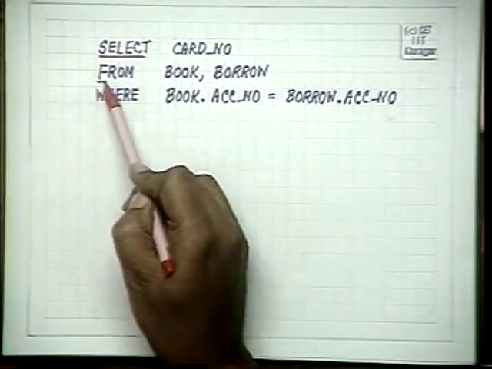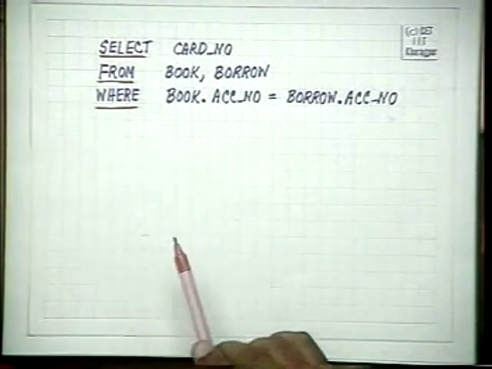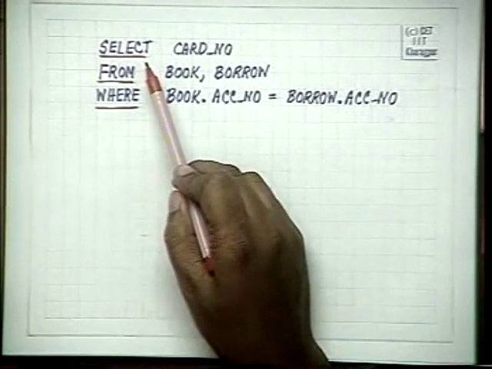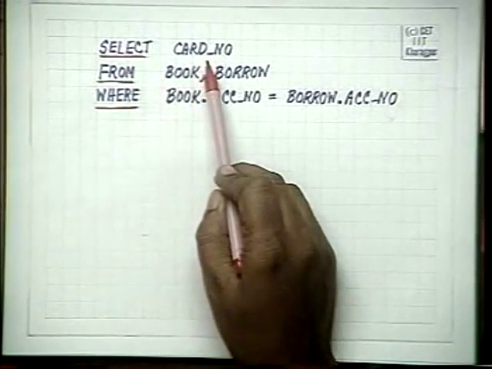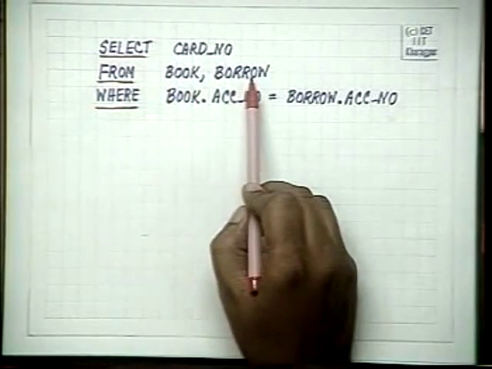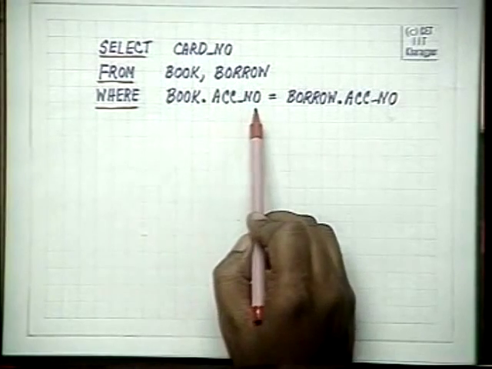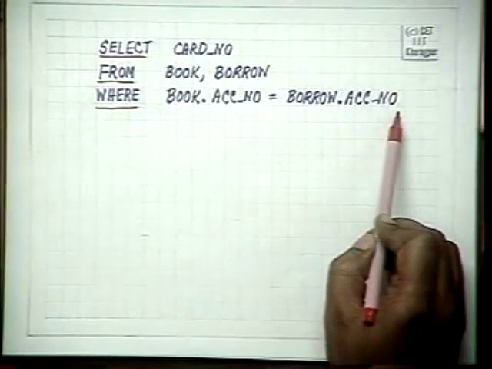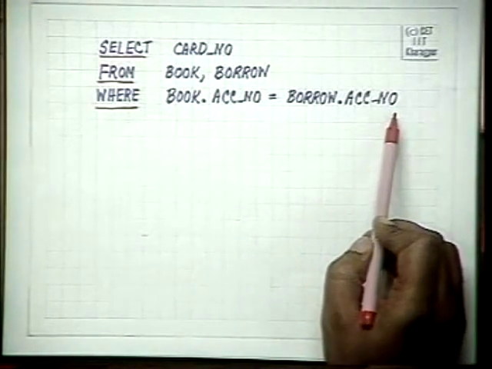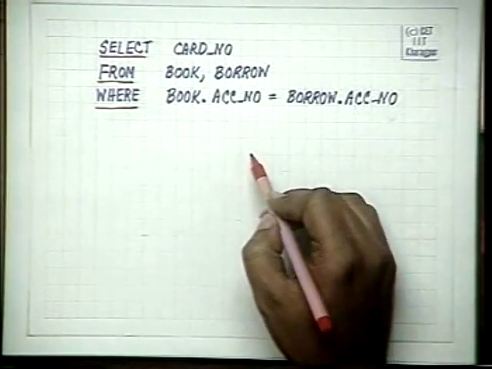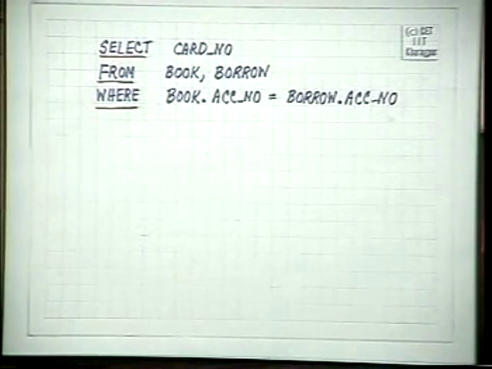Now let us see how we will do the natural join. Since it provides you only Cartesian product, you have to explicitly do the natural join. Let us see this example. Select card number from book, borrow, two relations, where book dot accession number equal to borrow dot accession number. This is equivalent to the relational algebra expression